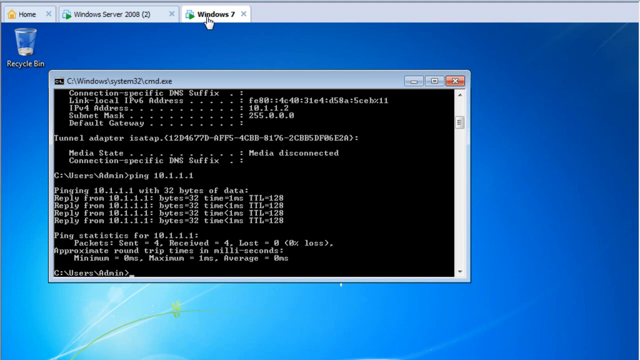There's a lot of stuff you can do from it. Well, you can do a tracer. You can do,